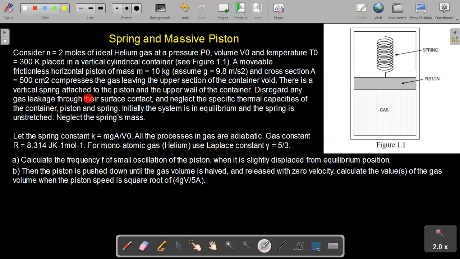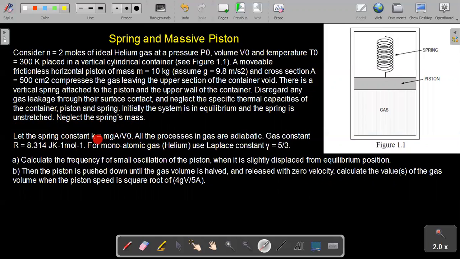And there is a vertical spring attached to the piston and the upper wall of container. Disregard any gas leakage through their surface contact, which means the mass of gas will be constant. Neglect all specific thermal capacities of container, piston, and the spring. And the initial moment system is in the equilibrium, and the spring is, this is the most important part, spring is unstressed, right? Neglect the spring mass, that means we have to consider ideal spring,